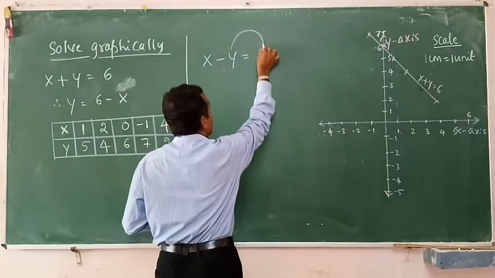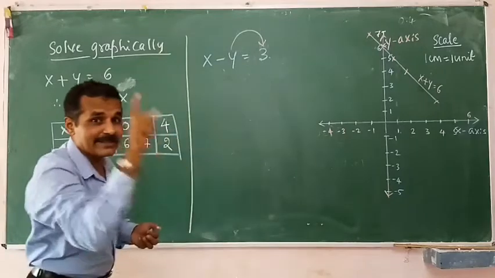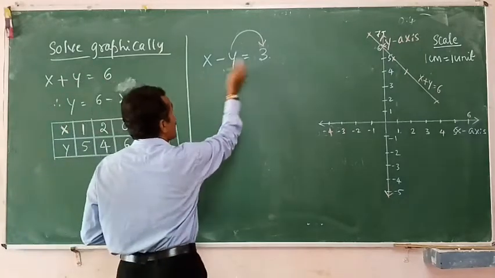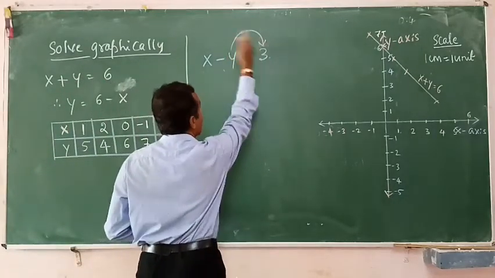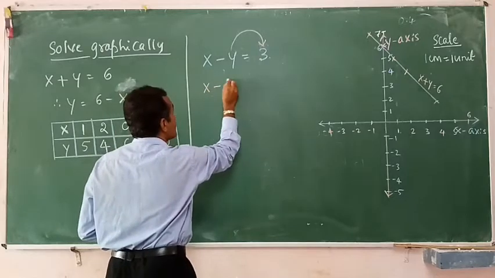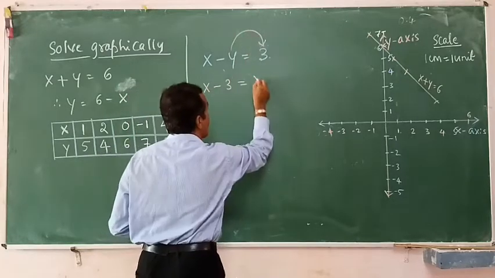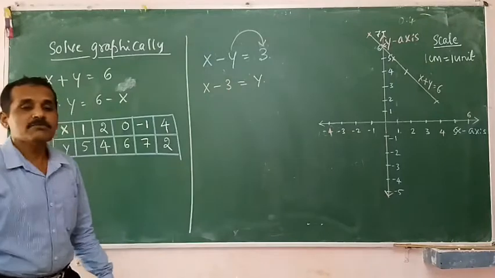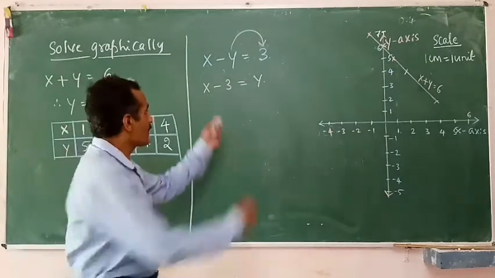time being let me take it to the RHS. Time being I will take it to the RHS and I can write this 3, I will bring it to the LHS. X minus 3 is equal to y. X minus 3 is equal to y. Now can I interchange